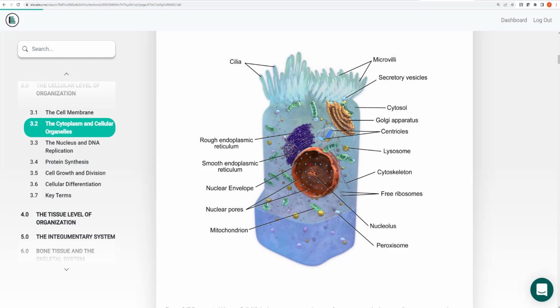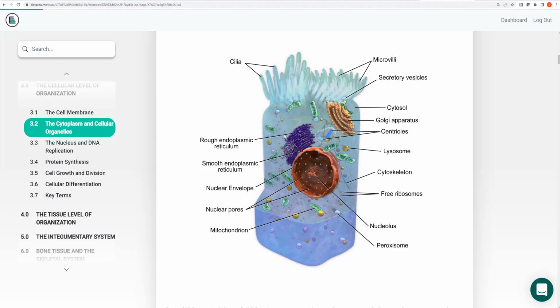Outside of the nucleus, we have the other organelles mixed in the cytosol. Again, that's collectively called the cytoplasm. The liquid is the cytosol by itself. These green organelles, you see a number of them. These are mitochondria. They have a pretty distinctive look to them. Mitochondria are the energy producing centers of the cell. They're going to make ATP.